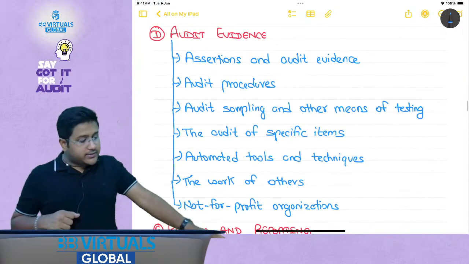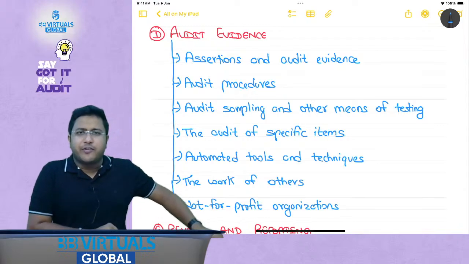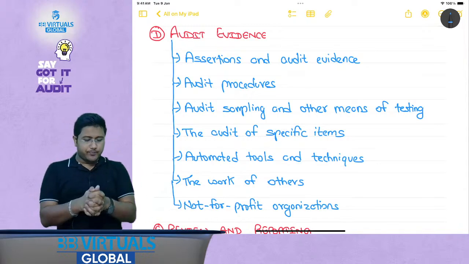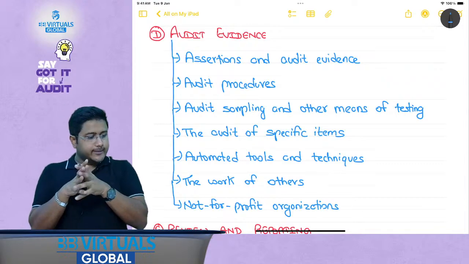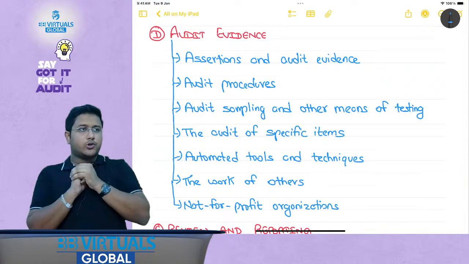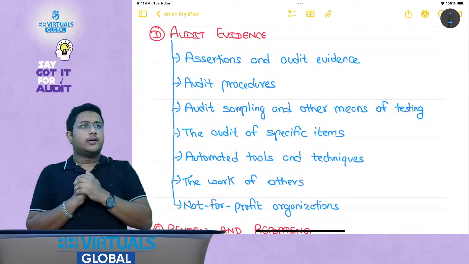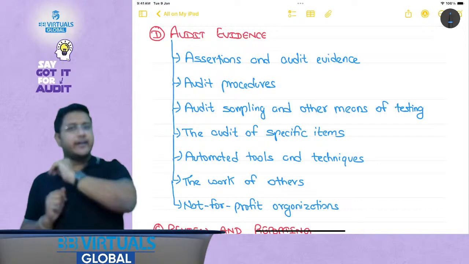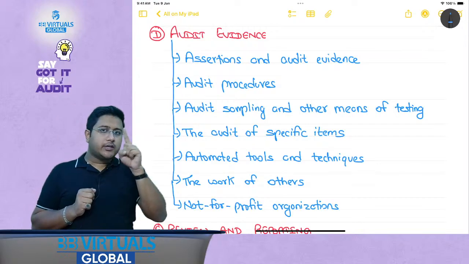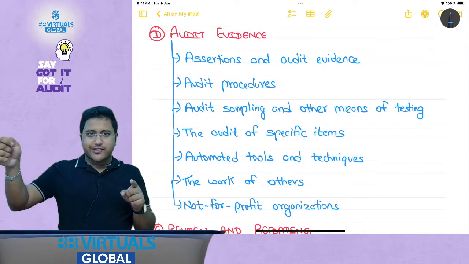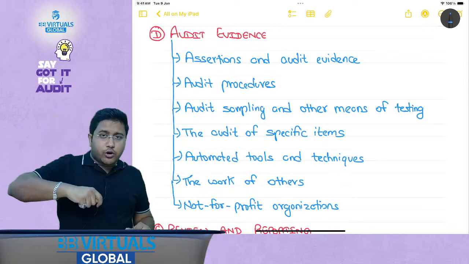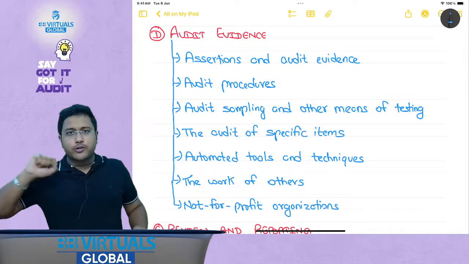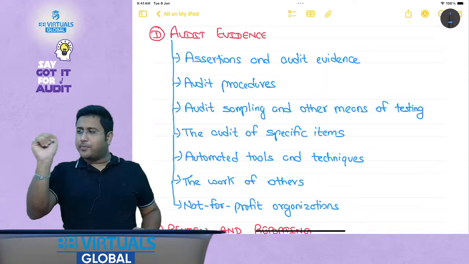Then the next section would come for audit evidence. When I talk about audit evidence, what do we mean by audit evidence? Let's discuss it. Okay. So if I tell you that to test this particular control, whether every student has followed the due process before attending my lecture, one of the procedures the auditor is doing is going to a sample of students. The auditor is asking them whether you have followed the due process. If yes, please show us the document, please show us the receipt.